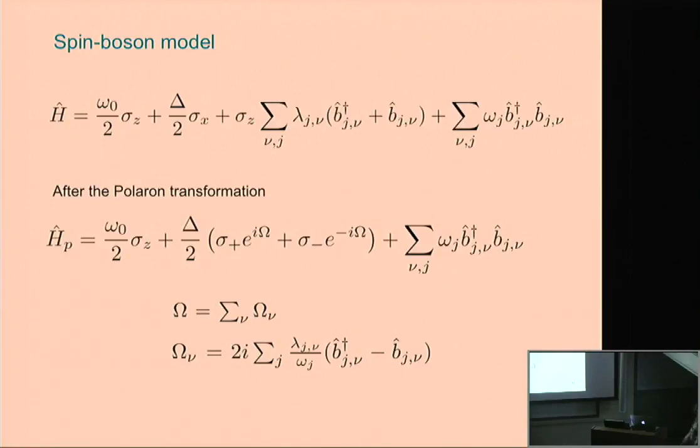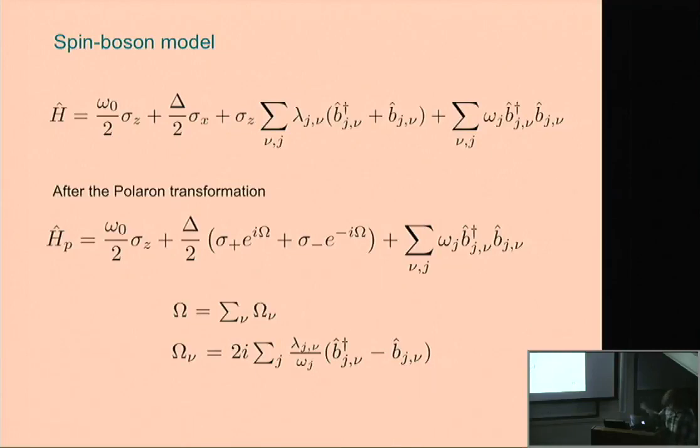a look at the spin boson model that was indeed considered and discussed in the morning by Chow. So we have the two-state system with omega naught as a gap and delta as the tunneling energy. Nu is the index of the reservoir. So we have several reservoirs, and J is the index of the mode. So these are a collection of harmonic oscillators for each bath, and then just a standard model of the polarization coupled to the displacement. This is obviously an additive model. So the system is coupled additively to each bath.